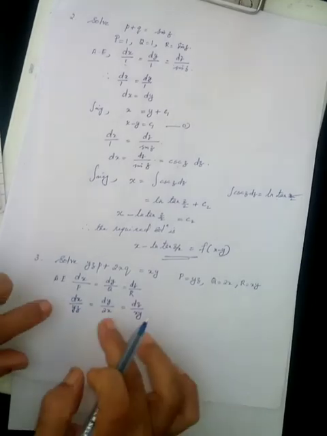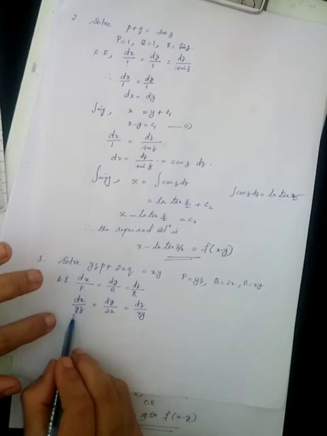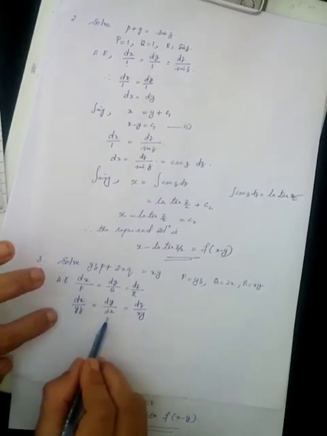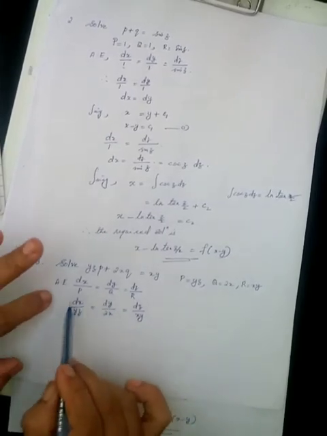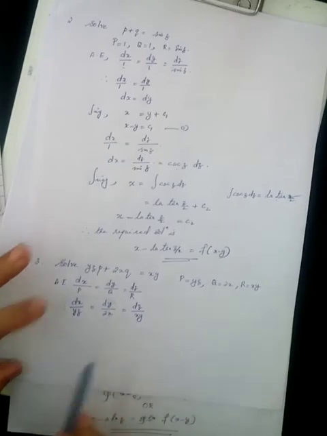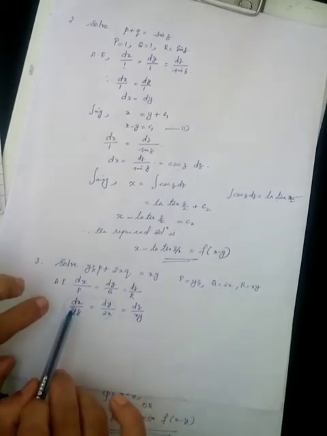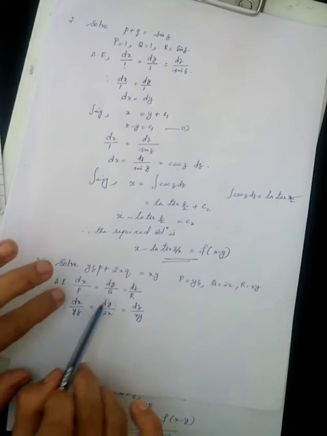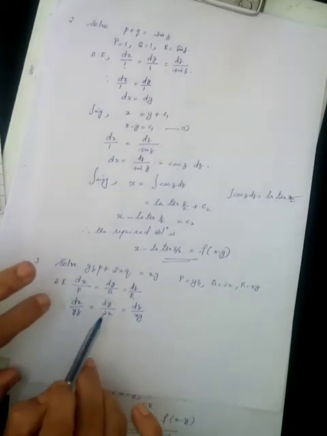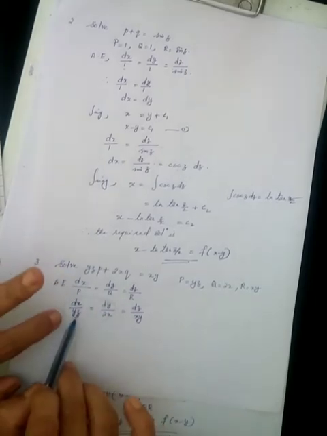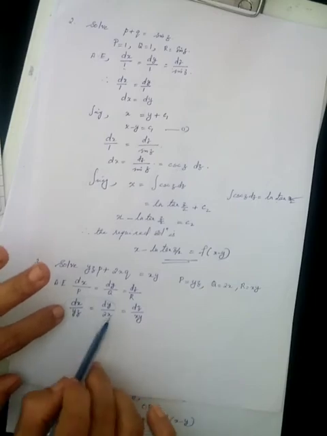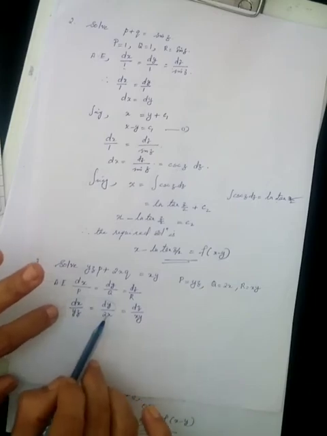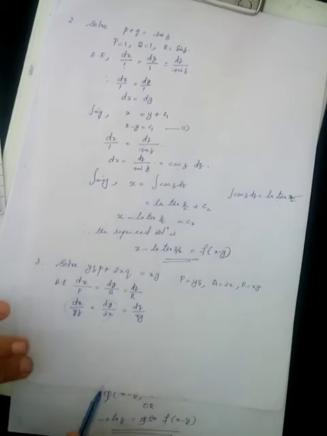Here, if we compare the first one, that is dx by yz equal to dy by 2x, we cannot proceed. In this equation, x and y are the differentials dx and dy, so the integration is with respect to x and with respect to y. Here we have an additional variable z, so we cannot proceed if we compare the first and second. This is not possible.